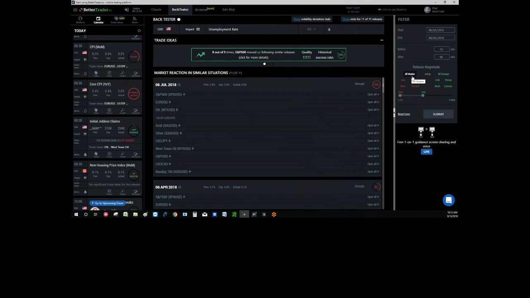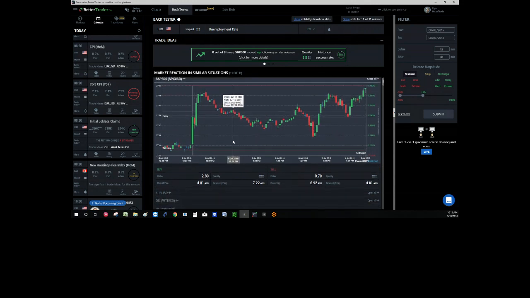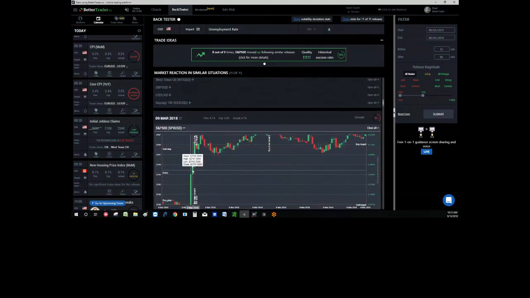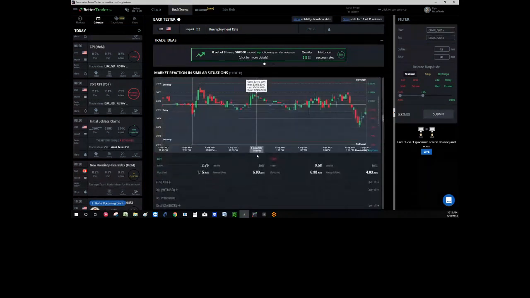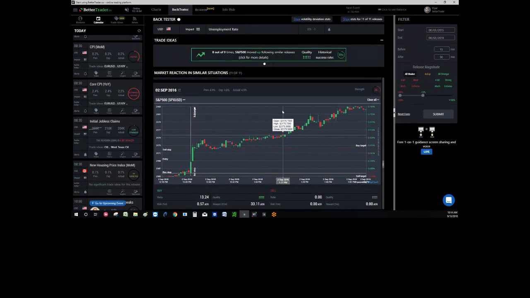When the unemployment rate is weaker than expected, more unemployed than expected, the S&P 500 went up after this release. A negative unemployment rate lifts the S&P 500. You can see it this time, and many times it has happened. The unemployment release here, and then the market went up. The unemployment release, the market up, and so on. This kind of movement, the S&P 500 going up after a negative unemployment rate, has been systematic in the markets for a long time. So before the event release, you can prepare.